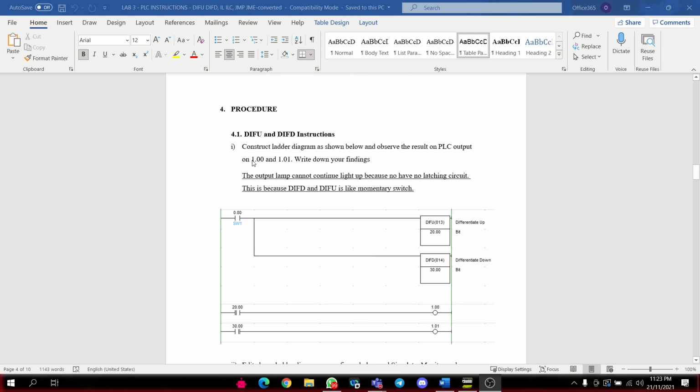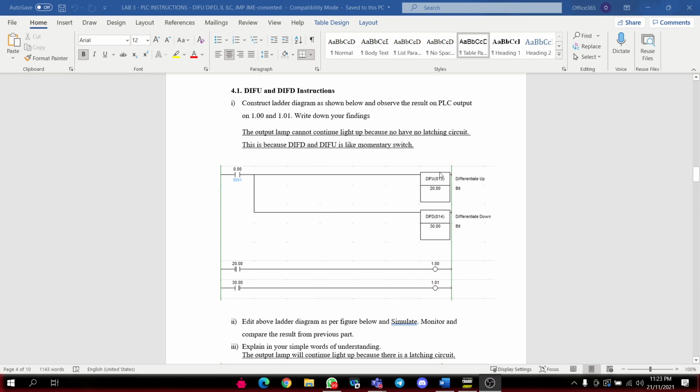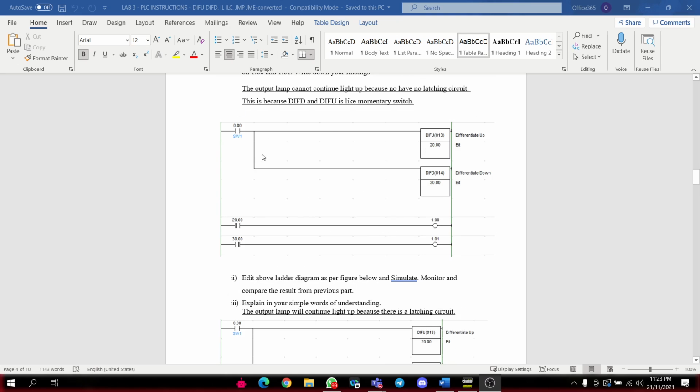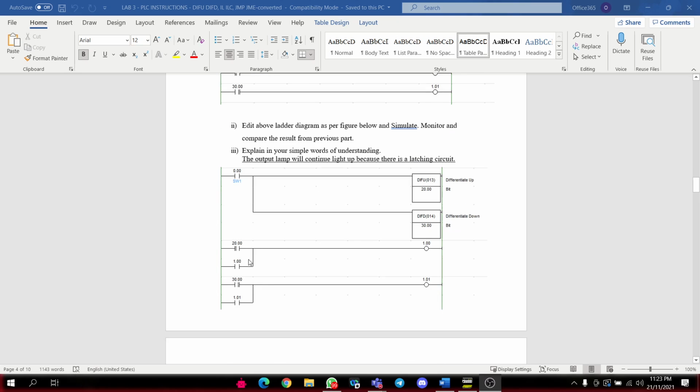Okay, for number 1, we need to construct this ladder diagram and observe the result on the PLC output for 1.00 and 1.01. If we try to run this ladder diagram, the output will not light up. Actually the output lights up, but this is like a momentary switch, so we cannot see the output light. So we need to add the latching